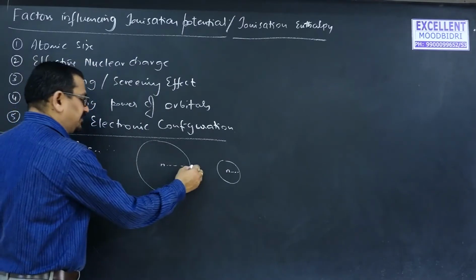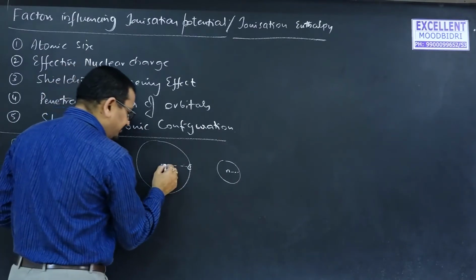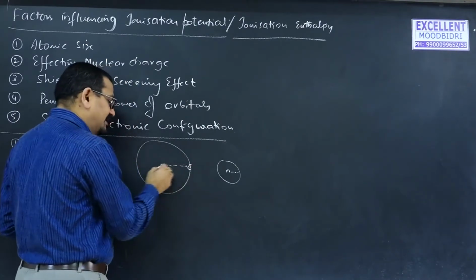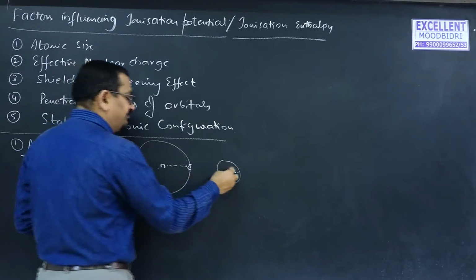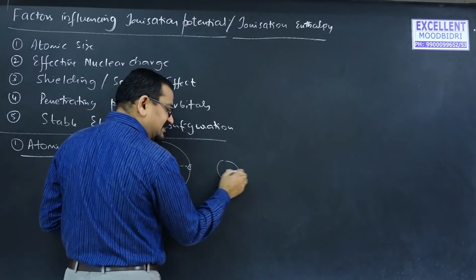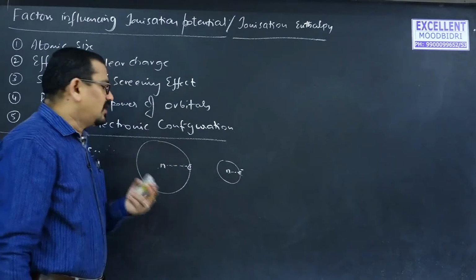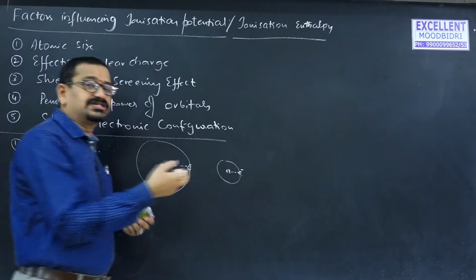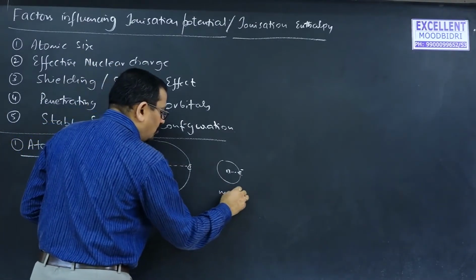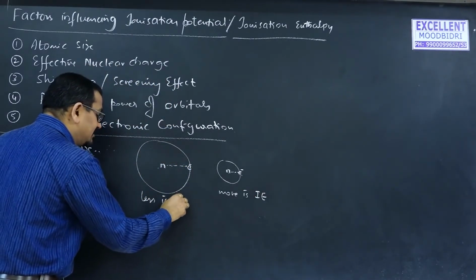So electrons depend on the attraction, the way electrons are attracted to the nucleus. When the size is larger, the distance between the nucleus and the electron will be more, so the attraction will be relatively less than in atoms of small size, where the distance is less. Electrons are strongly held to the nucleus, so to remove such a strongly held electron, more energy is required. So, smaller the size, more is the ionization enthalpy. Larger the size, less is the ionization enthalpy.